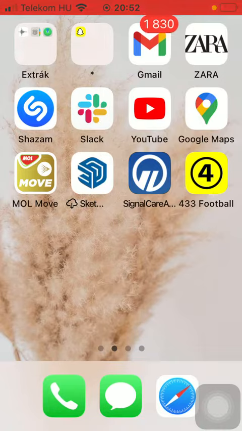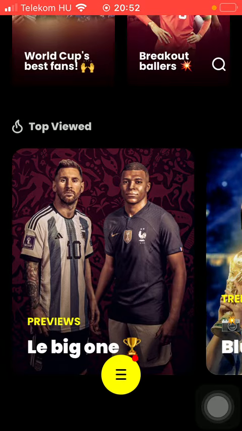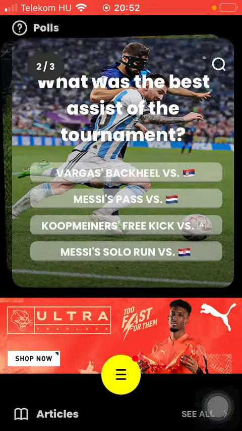So let's jump into it. First of all, open the application on your phone. After it is loaded in, go to your home page and then scroll down